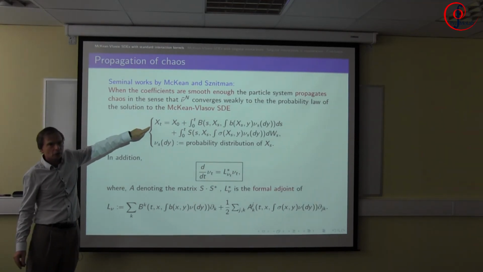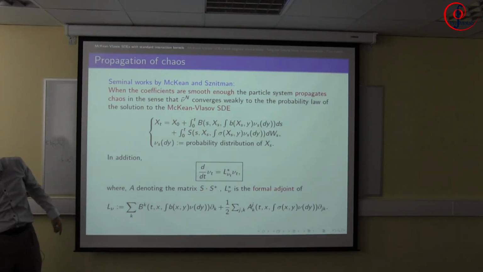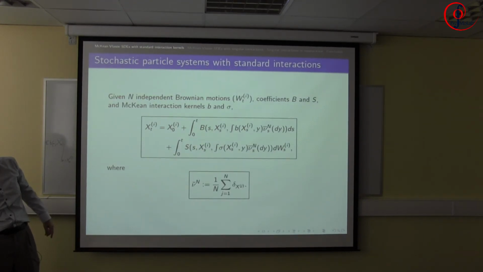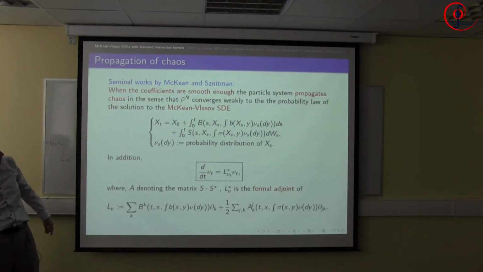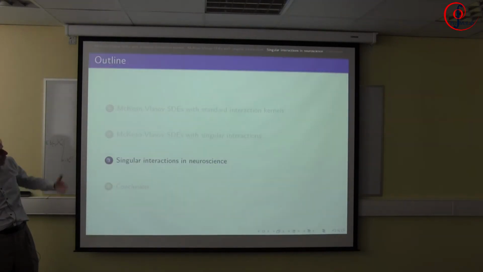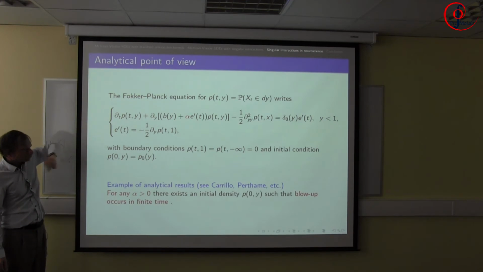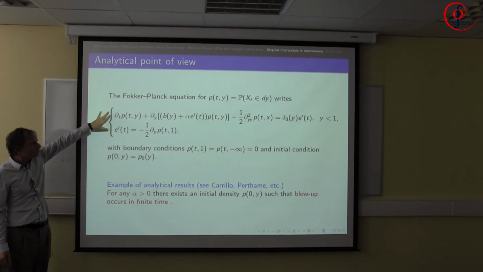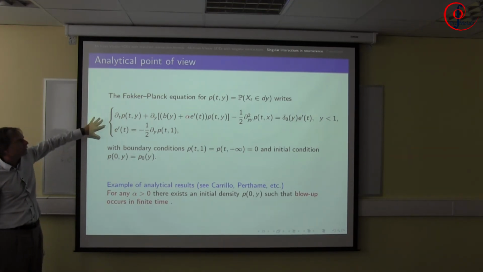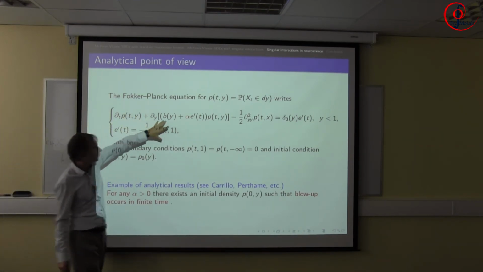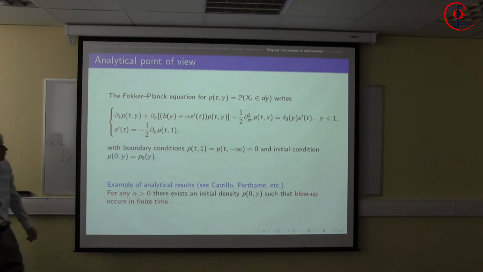When there were interaction kernels, this was the mean field limit of the particle system. And now, suppose there is such a process here, and Pt is the density of X at time t. Then, for reasons I won't explain, Pt should solve this nonlinear Fokker-Planck equation, where again there is no interaction kernel in the story, but